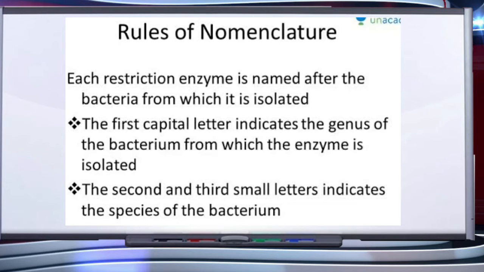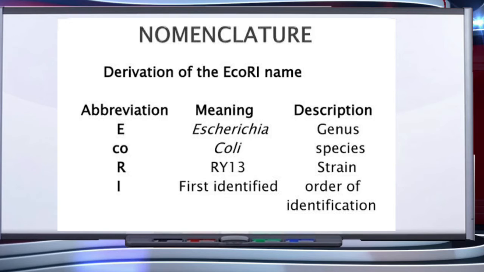Another important thing is the naming of restriction enzymes. The first letter is derived from the genus name and the next two letters from the species name of the prokaryotic cell from which the enzymes are extracted. The Roman numerals after the name show the order in which the enzymes were isolated from the bacterial strain. For example, EcoRI comes from Escherichia coli RY13 and EcoRII comes from Escherichia coli R245.